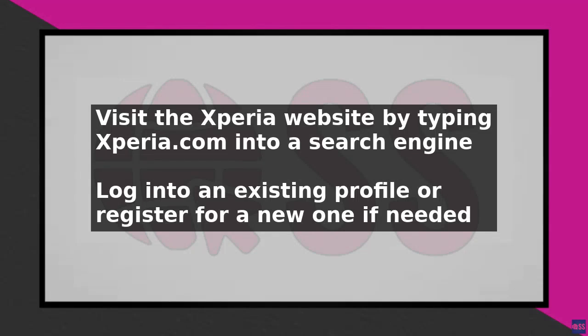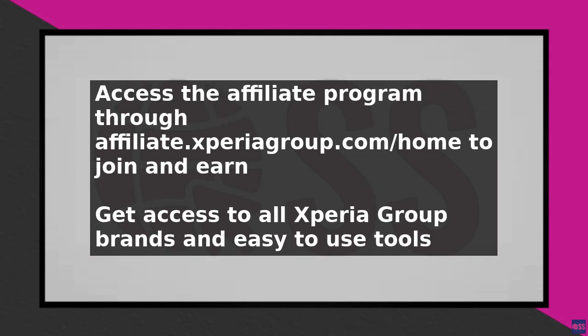To get started with the Expedia affiliate program, the first step is to visit the Expedia website by typing Expedia.com into a search engine like Google. From there, log into an existing profile or register for a new one if needed. The website features a language changer, various property listings, and a search engine to find flights, hotels, and cars, among